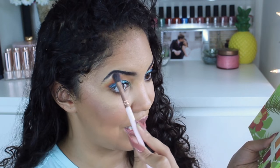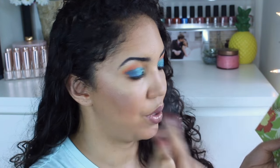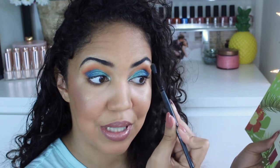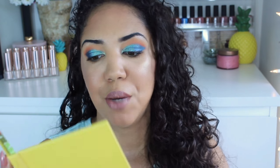Ooh. That is an intense highlight. Wow. And I'm just going to kind of blend it with Cocoa Taxi to soften it just a little bit because it's really intense, which is awesome. Okay, so now I have used all 8 shadows in this palette, and my final thoughts are: